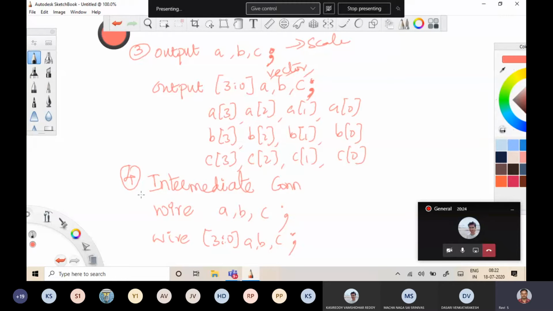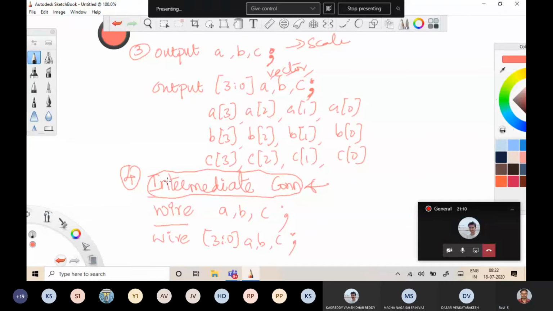See, this intermediate connection is not your top-level ports. Internally you will have some connections within the circuit, within the logic gates. That you have to define in the fourth line, that is, interconnection or intermediate connection. For representing the intermediate connection, the keyword is wire. To represent scalars, you can say A comma B comma C, W1, W2, W3. Similarly, if you want to represent a group of wires, a bus, where A is 4 bit, B is 4 bit, C is 4 bit, you can use [3 down to 0]. This is the fourth line of Verilog HDL.